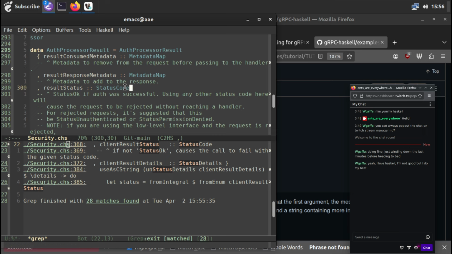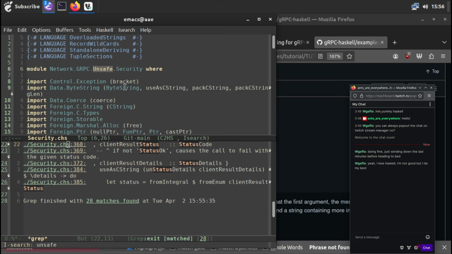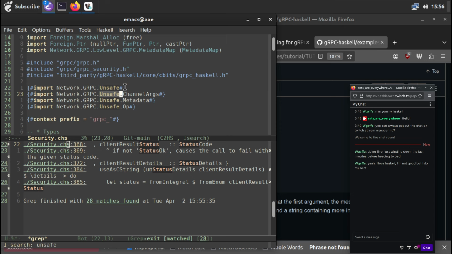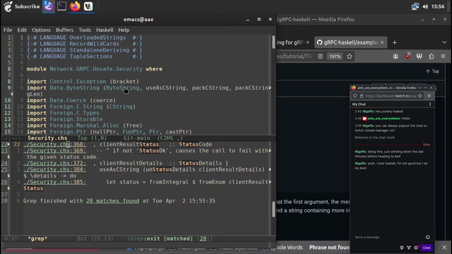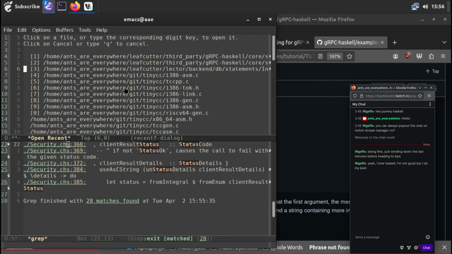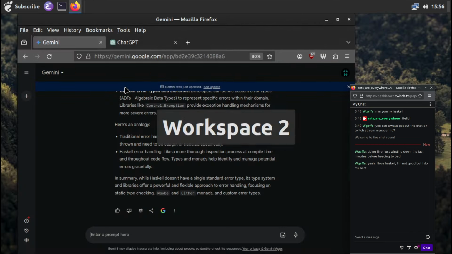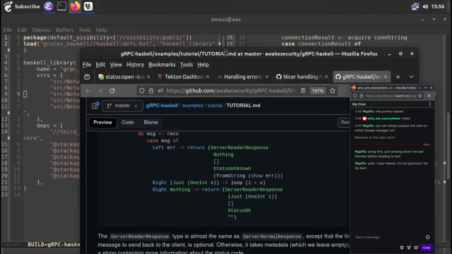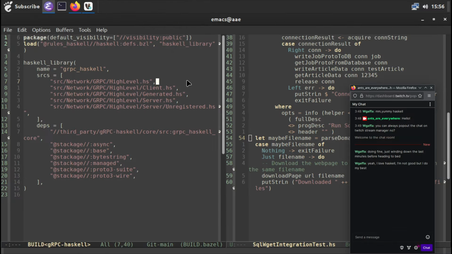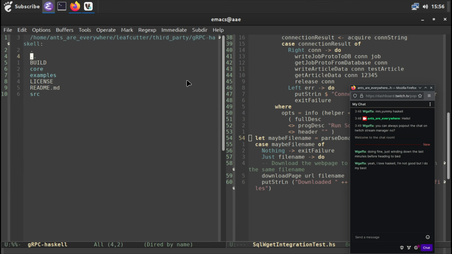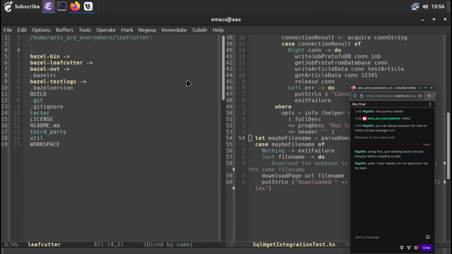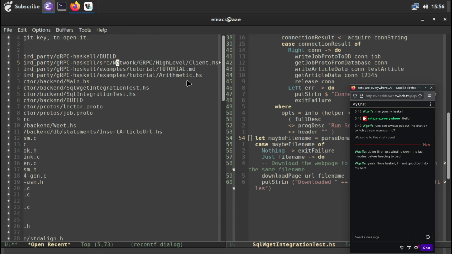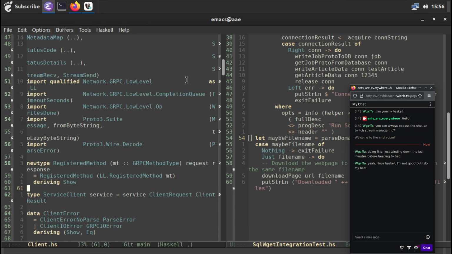So this is using status code, but where is it? Is it importing stuff? Import unsafe op. Okay, so I think they ultimately do come from C, and maybe I can import them as Haskell types by using the high level stuff, but that's, while reasonable for gRPC interop, a little bit heavyweight,